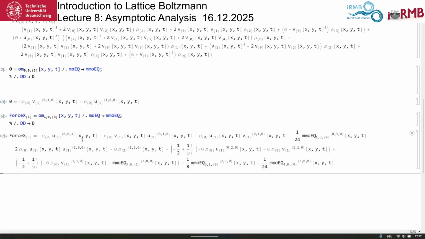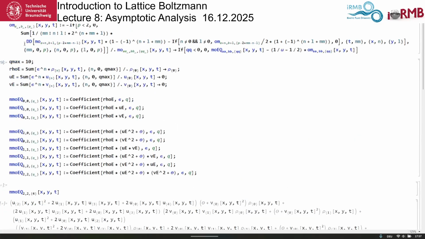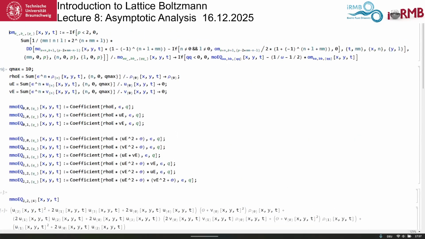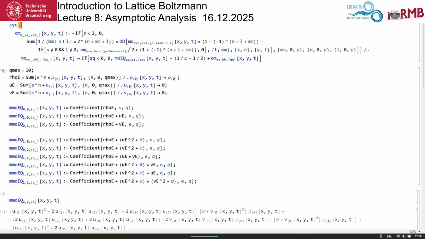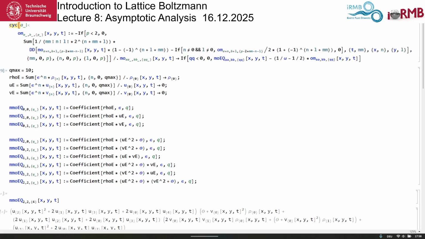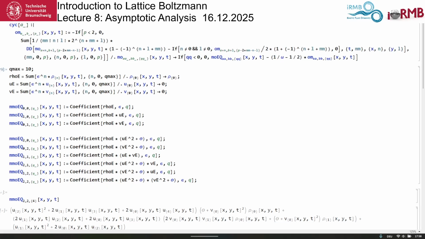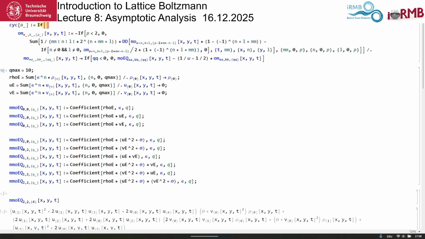So in order to get rid of the aliens, I would again go to the source and say we actually have a cyclic, I'll cycle these indices. Say cycle A is, and because it's late,